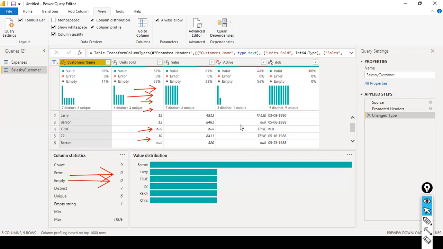Okay, hope you got a fair amount of idea about data profiling. Okay, the next one is